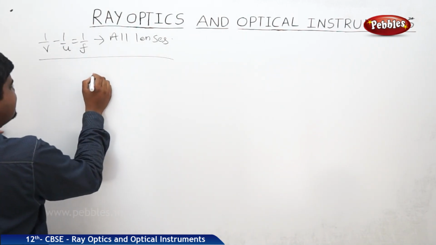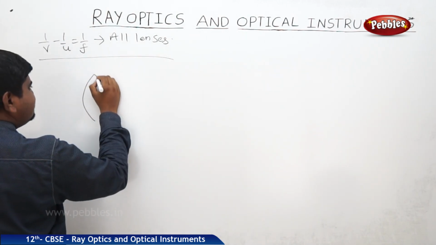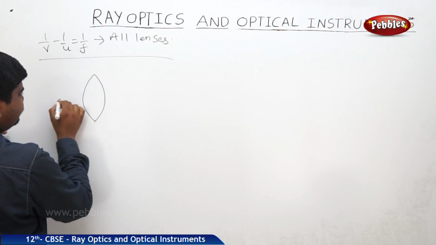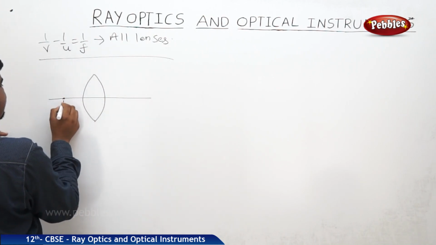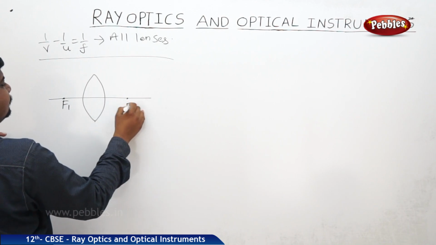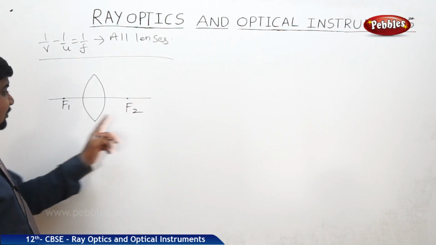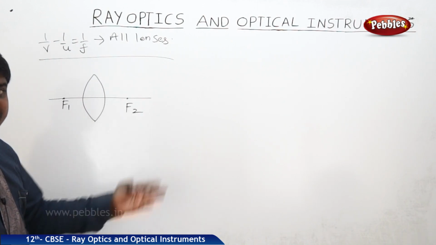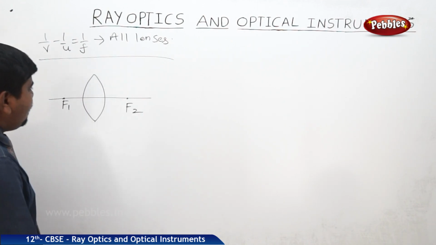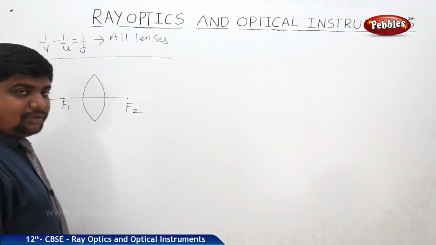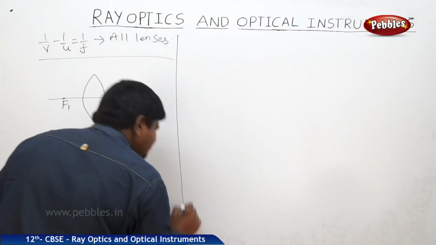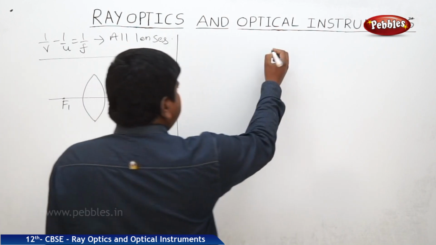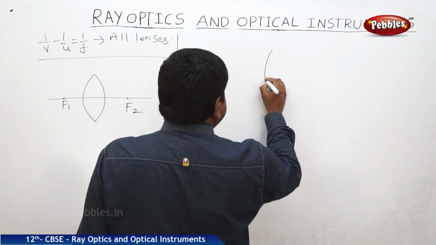A lens has two centers of curvature and two focus points. This is f1, this is f2. In some textbooks it is written as f and f dash, no problem. It's our wish to identify which is the first focal length and which is the second focal length. So how will the image form? There are some rules for image formation in lenses. So take a convex lens,